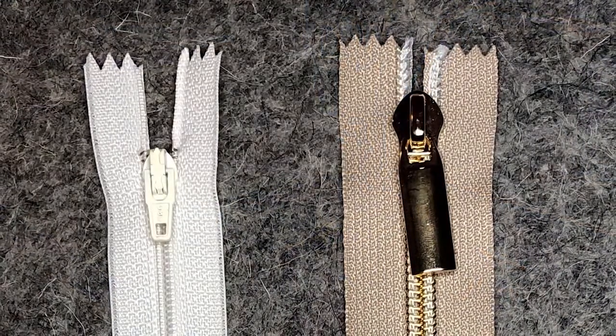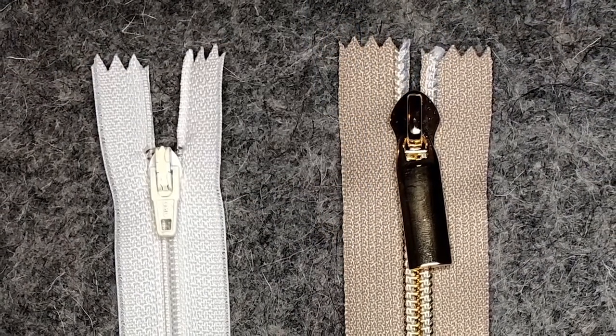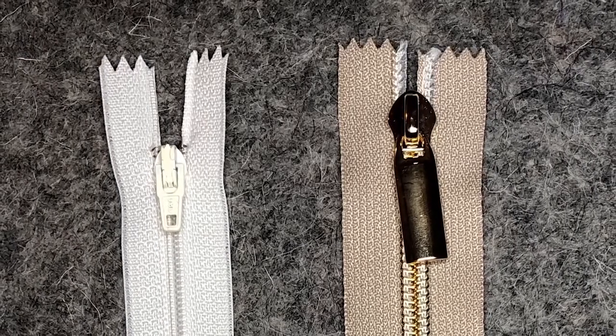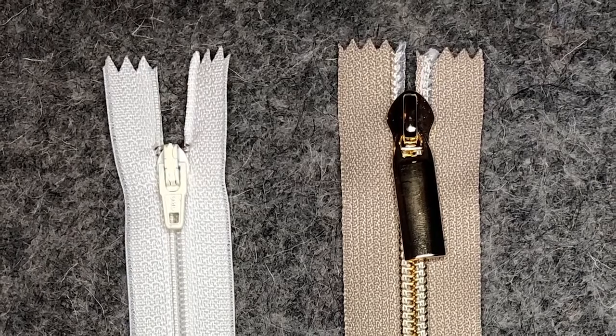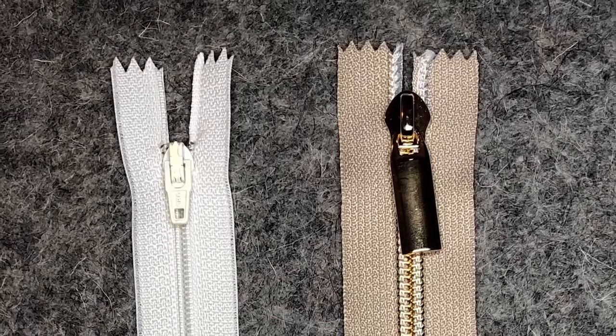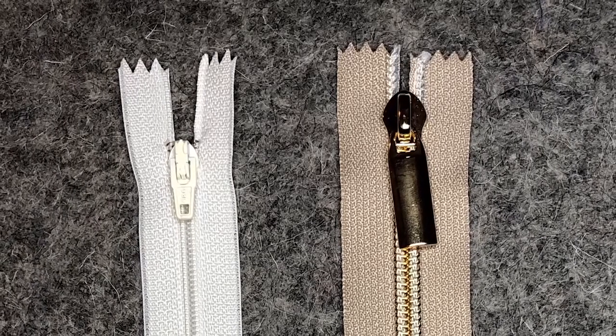This picture shows zippers, size 3, which is the zipper that I recommended you use for this pattern, which is just a regular zipper you can pick up at the store. You would use it for pants or a skirt. The larger zipper is a size 5. It's very common in bag patterns to see in the directions to use a number 3 or number 5 zipper, and it's important to know